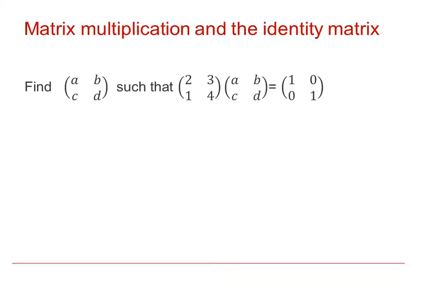So here we're looking for a matrix ABCD such that if we multiplied it by the matrix 2, 3, 1, 4, for example, we would get the identity matrix 1, 0, 0, 1. So the matrix ABCD would be the inverse of the matrix 2, 3, 1, 4. So if we did the multiplication,